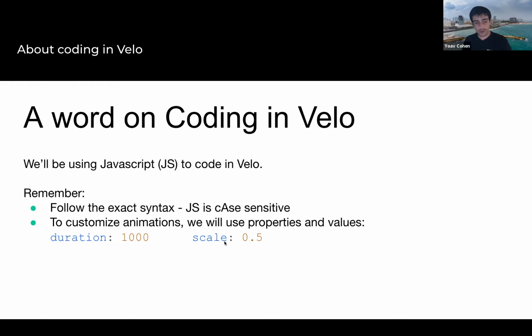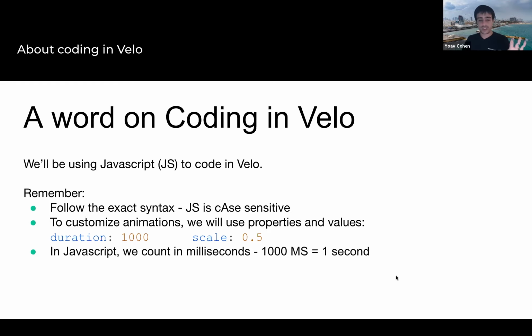And scaling is going to be very similar. We're going to write the word scale and then tell Wix how big or small we want the scaling to be. Now you'll see here some big numbers, some small numbers. Just remember, and again, we'll go through all the various things that we can do within the animation API, but